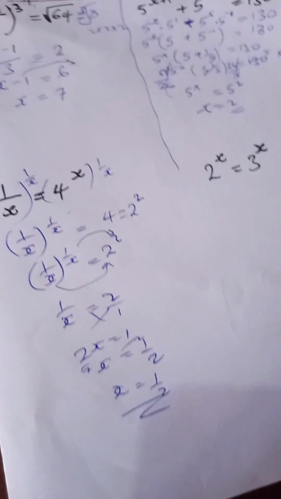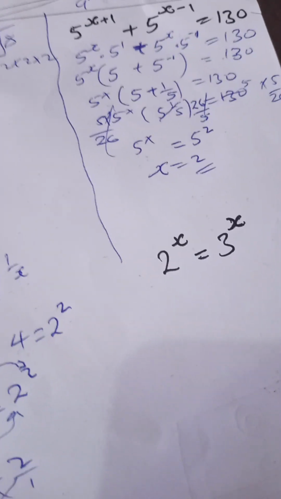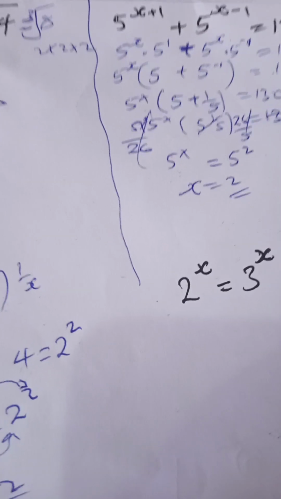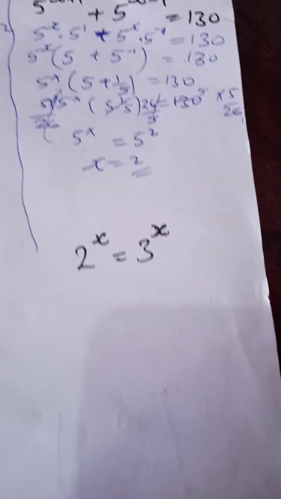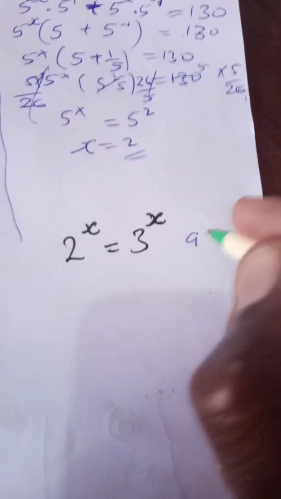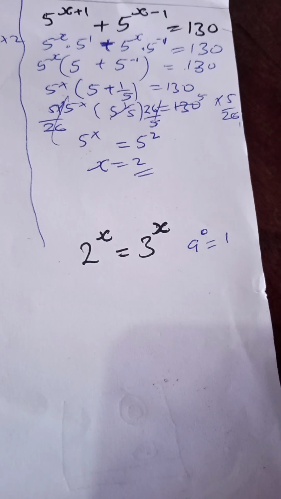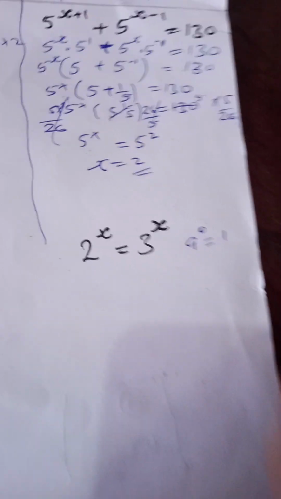Okay. Then you have this one whereby 2 raised power x is equal to 3 raised power x. For this one, you can use a method of trial and error and see. So you start with 0. But remember, you're going to use a rule of indices that says any number raised power 0 is equal to 1. Any number raised power 0 is equal to 1. So to work out this one,